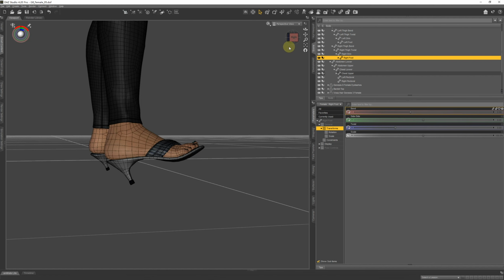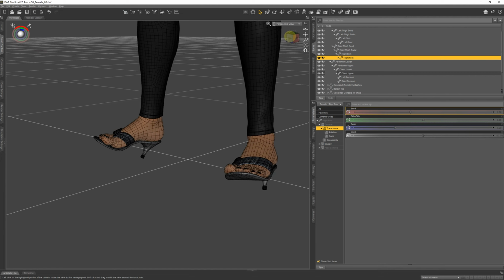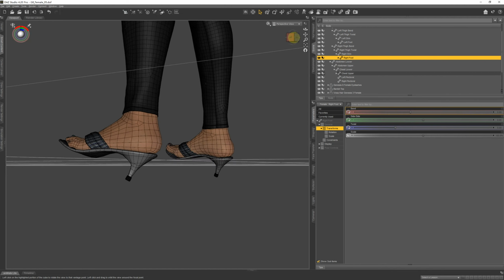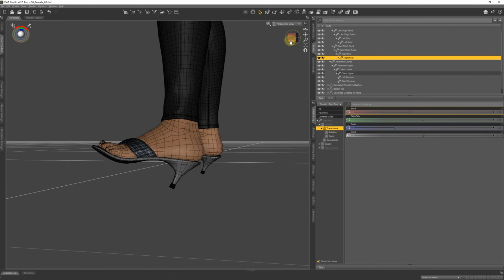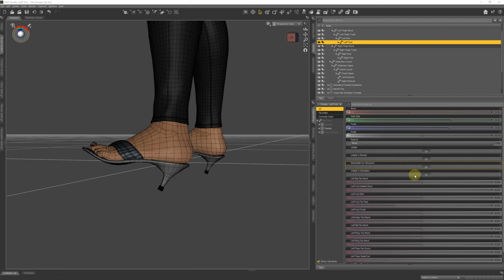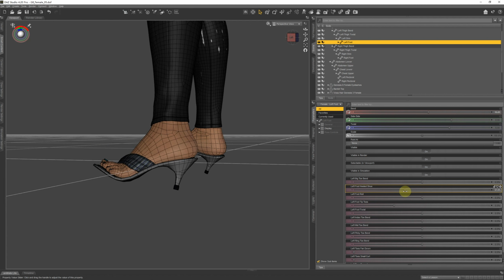Reset bend to 0. Then select the left foot. Adjust the shoe to look correct, using either the foot-heeled shoe or the foot tip-toes pose.